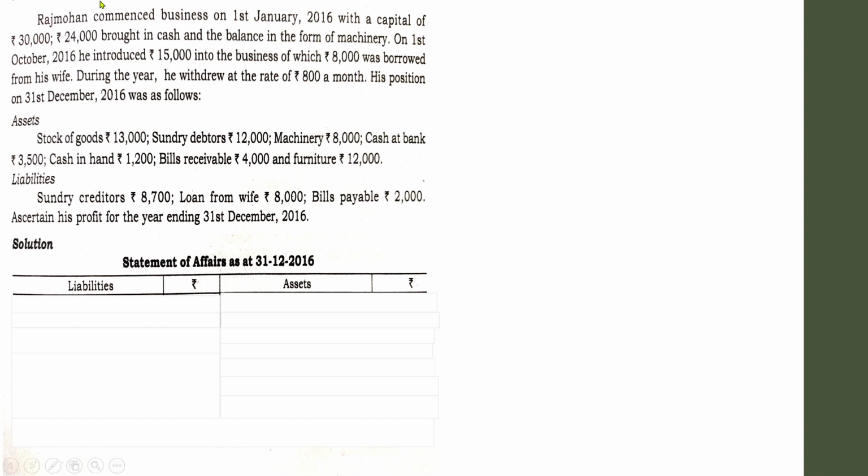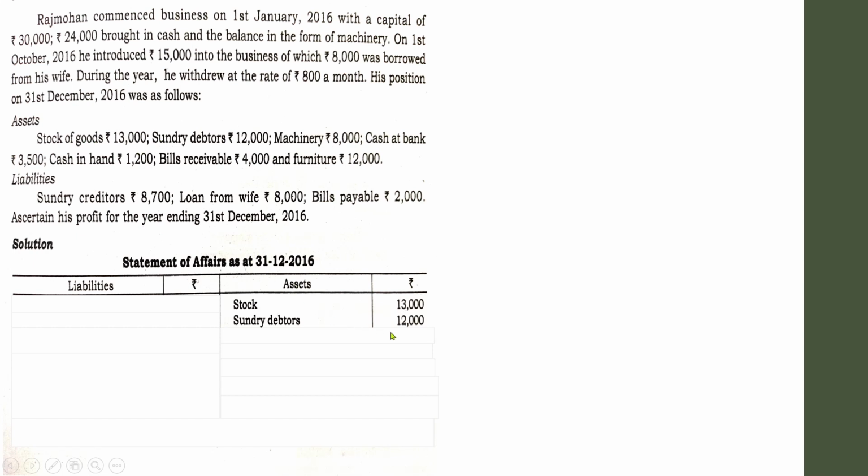So let us begin. In the question it was mentioned that opening capital balance was 30,000, out of which 24,000 in cash and the remaining in the form of machinery. And he also introduced 15,000 in the business, where 8,000 was borrowed from his wife during the year. He also withdrew such and such. Okay, fine. So we are preparing the closing statement of affairs, and first one is stock 13,000,